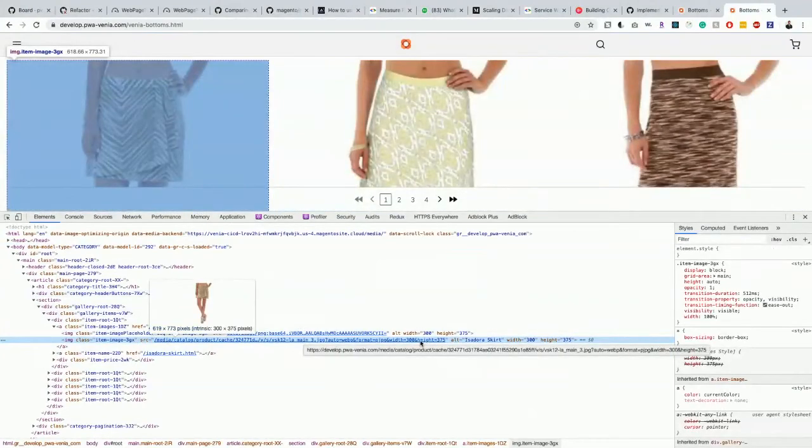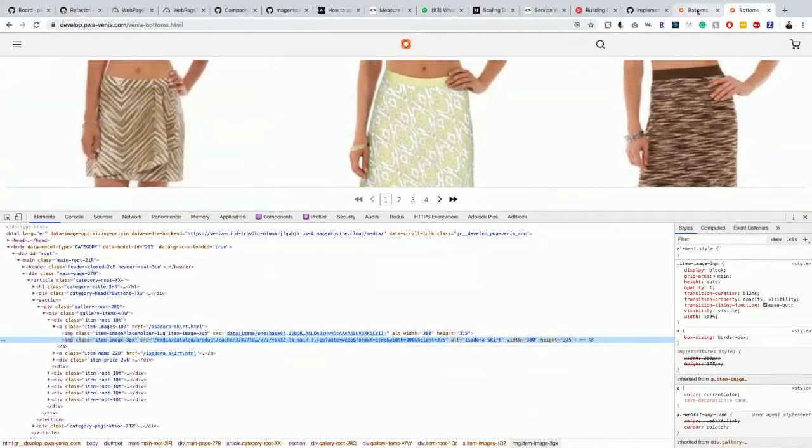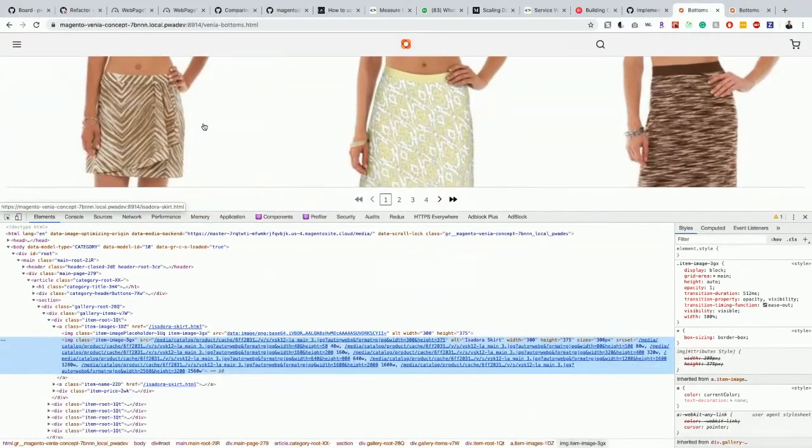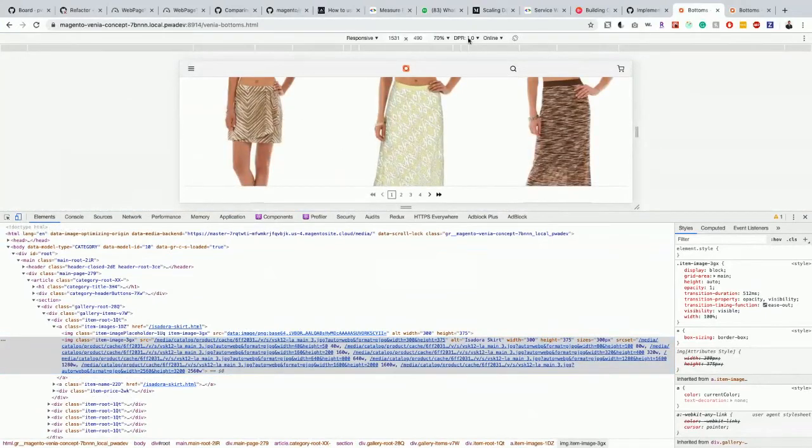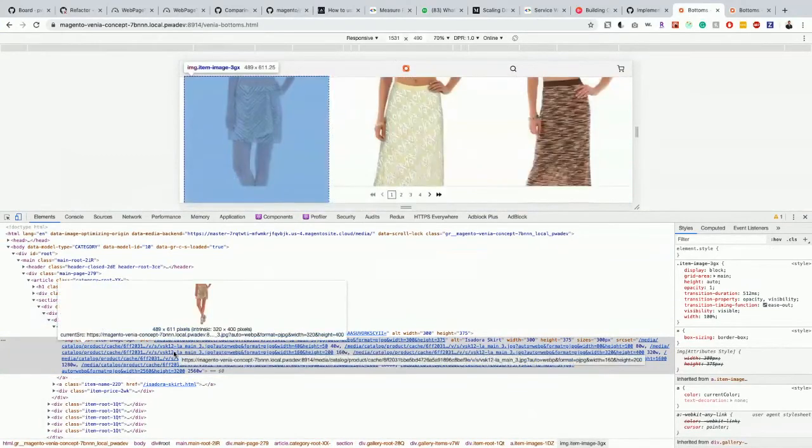Yeah, so if you look at the previous develop implementation, we had given 300 and 375 as the width and height for that image. This is in your code. This is compiled into the code. But now if we look at the example of what we have here, if you look at the responsive images, I'm going for a pixel density of 1. And if you look at this image, it is rendered at 489 pixels. It's actually eating up a space of 489 pixels of width.